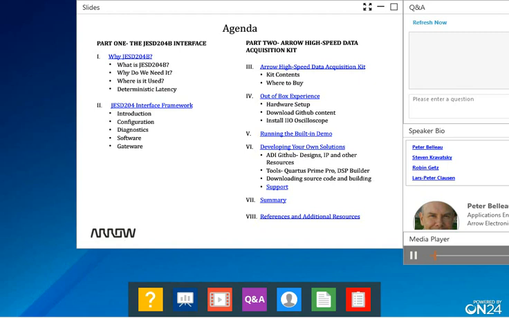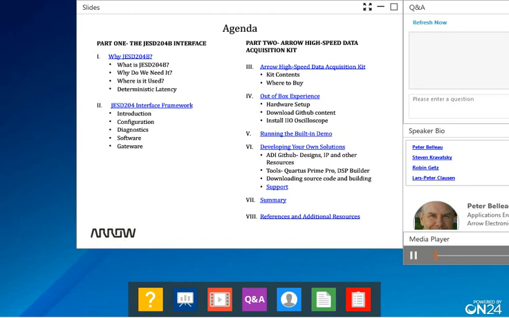We'll cover what's included in the kit along with a brief description of the major components. We will look at how to set up the kit to run the built-in demo, including where to go for all documentation, firmware, and software. We'll examine the path the signals take as they travel from the Arria 10 FPGA across the JESD204B interface to the Analog Devices data converters and back. We'll show you how to input different waveforms and view the outputs on your PC using Analog Devices' IIO Oscilloscope application. Then we will look at how to use this kit to develop your own products. At the end of the presentation is a list of resources in case you want more information.